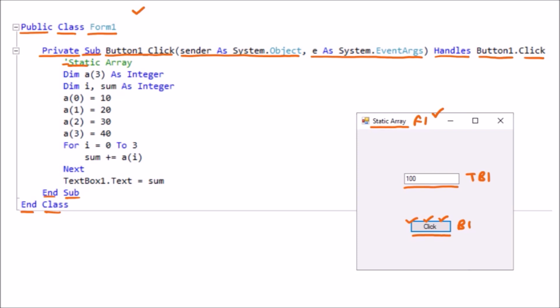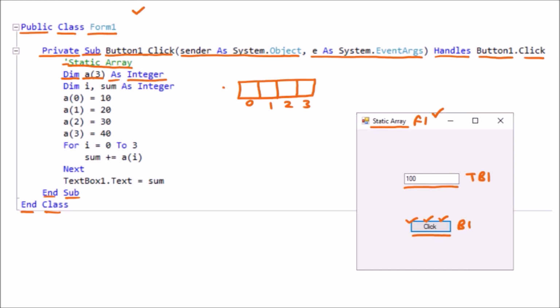So static array, this is a comment because we have provided the code before that. The compiler will not read this. Now we are going to declare the array. So Dim means declare A(3). So A(3) means there is an array which will be declared, and here we can store the elements. Now this is the 0th, then 1, then 2, and then 3. We know that whenever we are going to take an array in .NET, it goes from 0 to 3. That means 4 values can be stored here as integer.